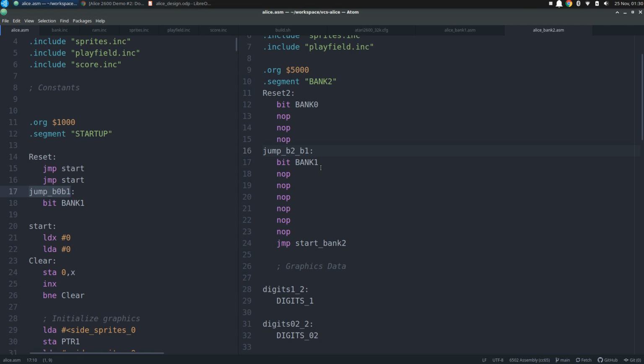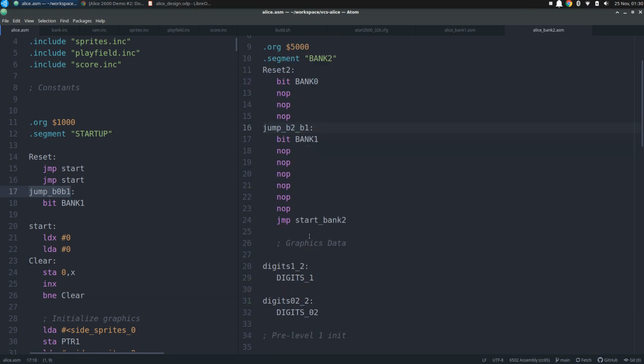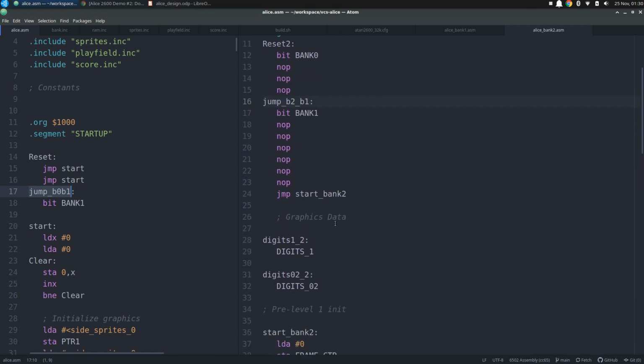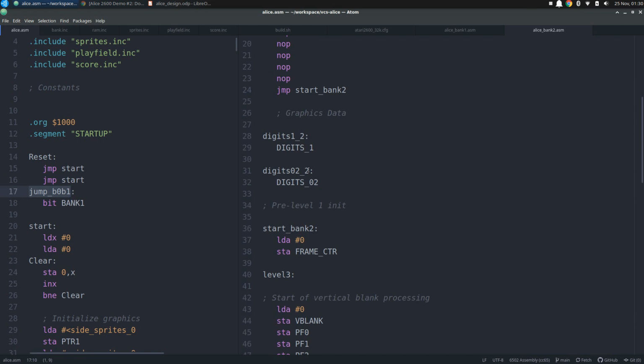So might as well make it so that, who knows, maybe an Easter egg to send you back down the rabbit hole and start building up some more of those bonus points. Who knows what's going to happen? I don't even know what level 3 is going to even be, but I do know I can jump to start bank 2. I do those macros for the digit